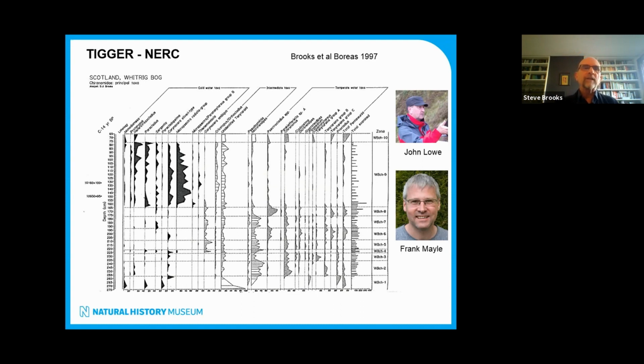So John had a core from Wittrig Bog in Scotland, which covered the late glacial sequence. And I persuaded him that it would be a good idea to look at midges from this core. He decided to take a punt on that. I didn't have much of a track record, and nor did midges really, for that matter. But I think it was quite a generous grant, actually. So he decided it was worth getting me to have a look at the midges to see what we could